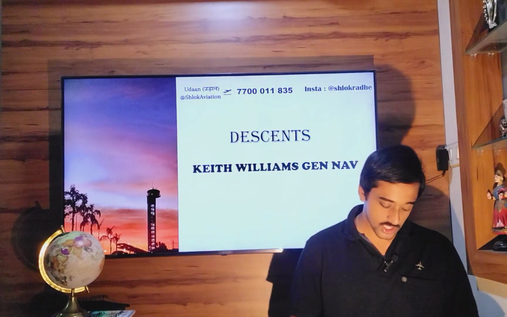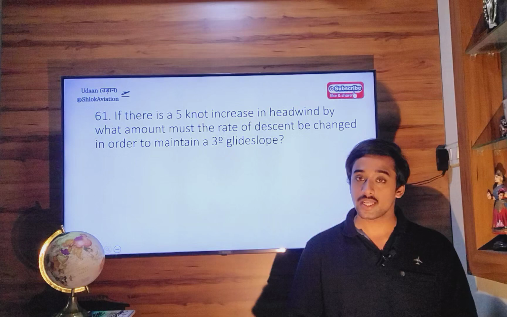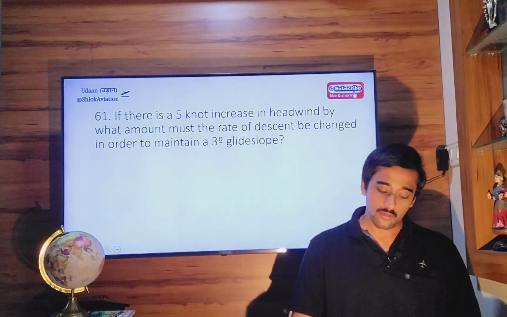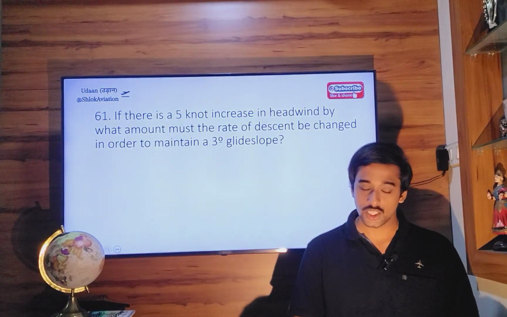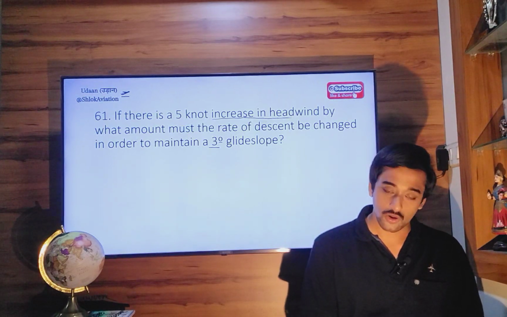Let's start with question number 61. If there is a 5 knot increase in headwind, what amount must the rate of descent be changed in order to maintain a 3-degree glide slope? So,